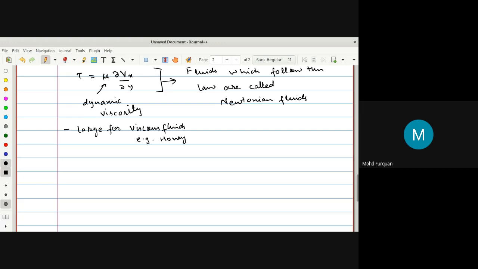There can be different relations. One relation is tau is equal to k (del Vx over del y) to the power n. So instead of this relation,